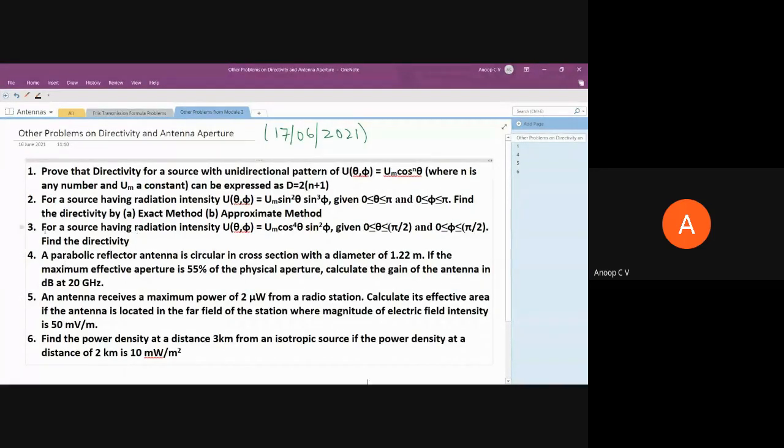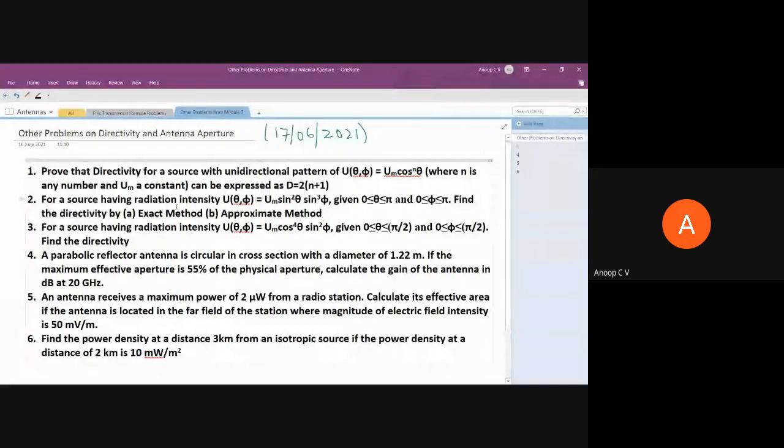Now you can try solving the second problem. All of you please do try solving the second problem and post the answer. We have 5 minutes. So I'll give 5 minutes time. Maybe 3 minutes time I'll give. All of you please do try solving the second problem and give me the answer.